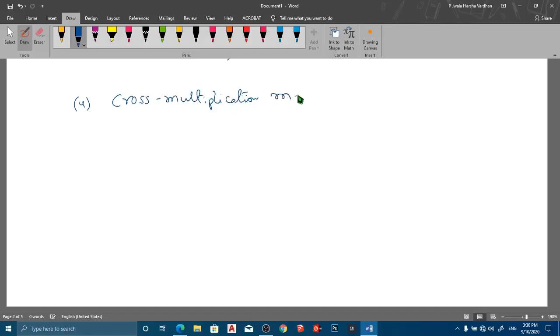So this method we use to solve a particular type of problems which are in the form of, here I am writing the general form, (ax plus b) by (px plus d) is equal to some p by q. If such problems are given, then you have to use this method. Here also ultimately we will use the transposition method only. So before going to that, we have to convert the given problem into the form of a normal equation.